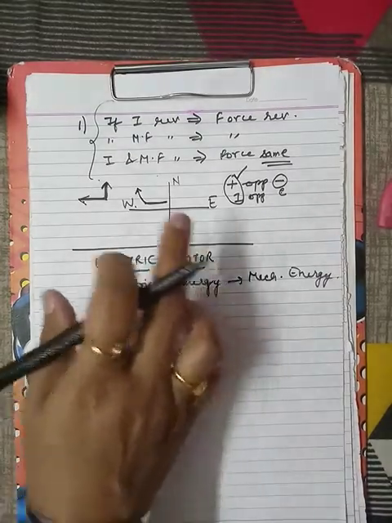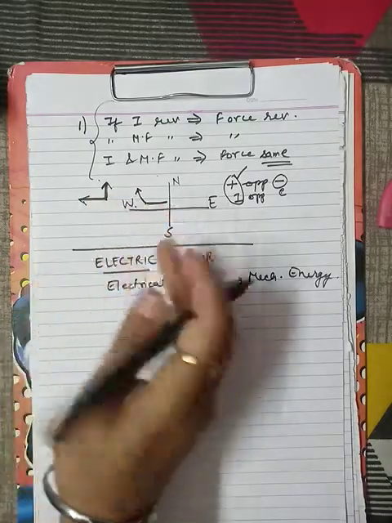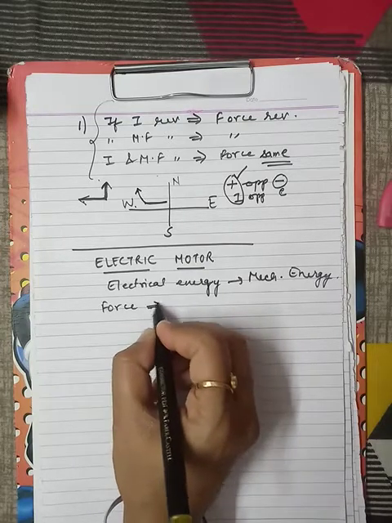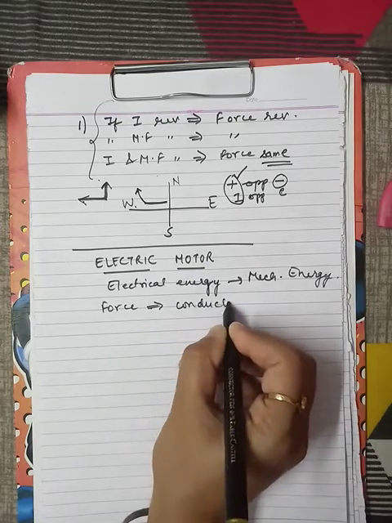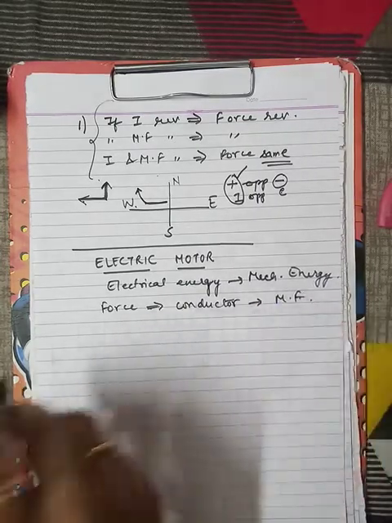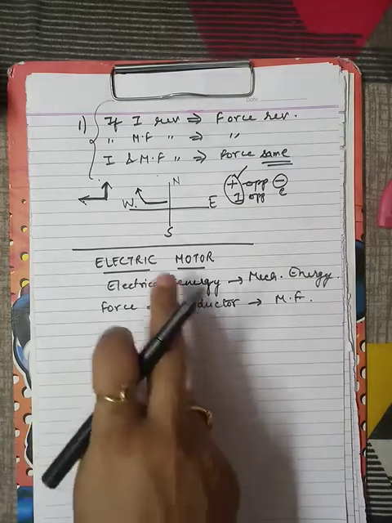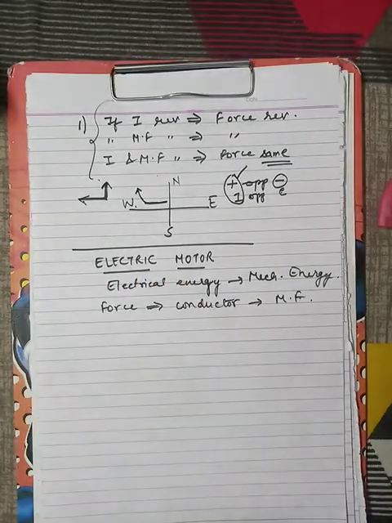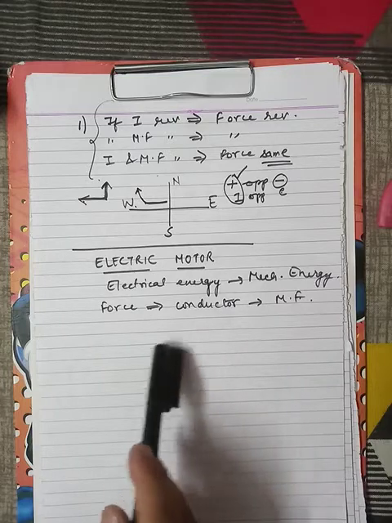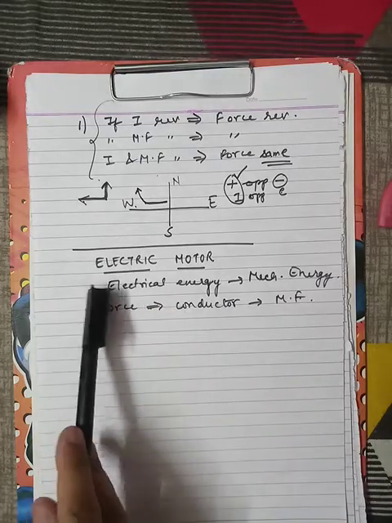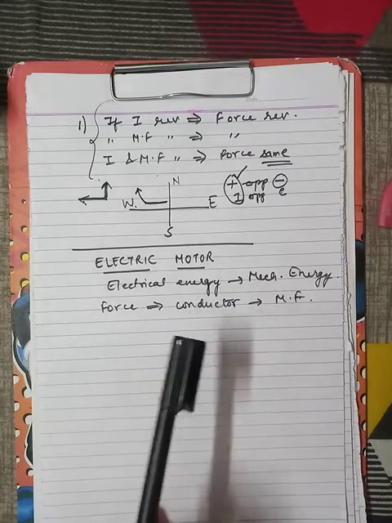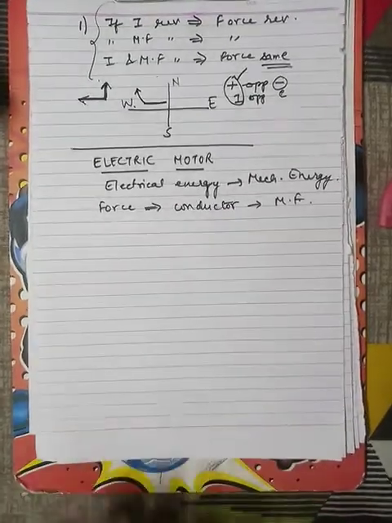The principle is the same that we have studied just now in the topic, that is, a force acts on a current carrying conductor when it is placed in a magnetic field. This is the principle on which the electric motor works. So that means there must be a magnetic field present in the case of the electric motor, and there must be some current carrying conductor. As we know, it is using electrical energy, so a current carrying conductor must be there, right? So let us first understand the construction of the electric motor.